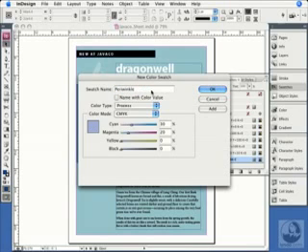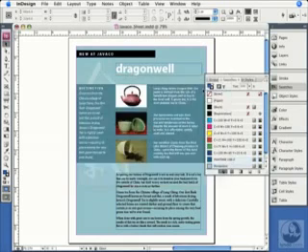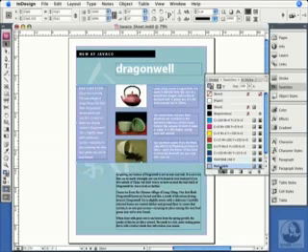Doesn't really matter what you're going to call it, it's still going to come out with the same CMYK process colors. I'll go ahead and click OK, and now you can see that both of those colors show up here in the Swatches panel, right at the bottom. I'll go ahead and apply one of those to this color. That looks a little bit strange to me, so why don't we go ahead and edit it.